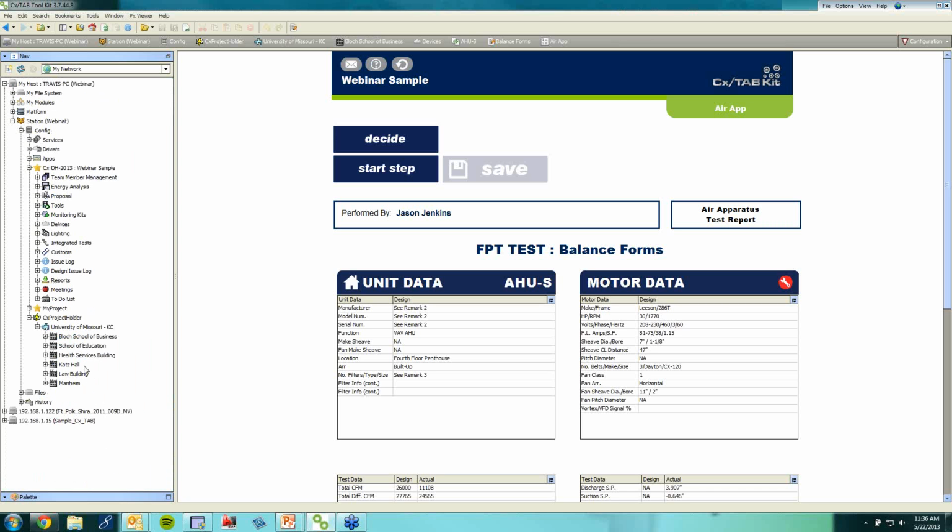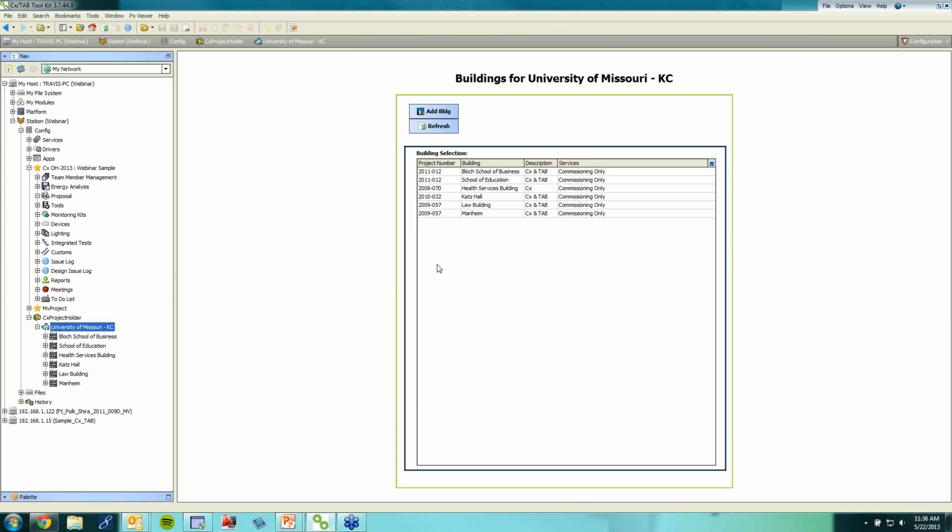So as you can see, we've got several different buildings that we've done, and when they would log in, it would automatically just point them to the University of Missouri, Kansas City, where they could see only their buildings and no other clients'